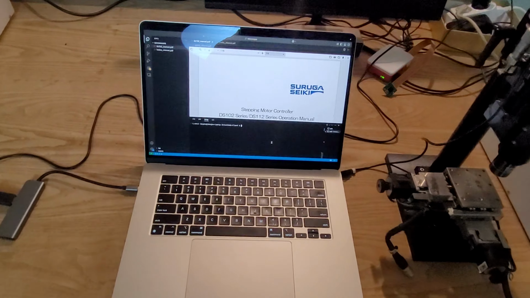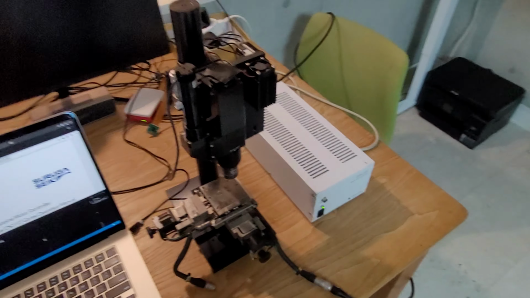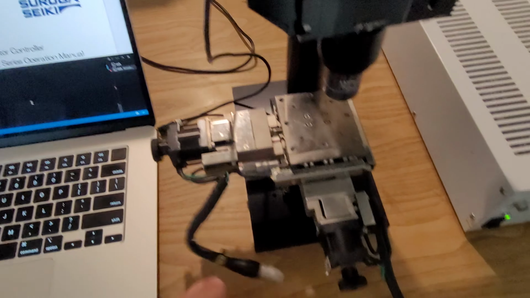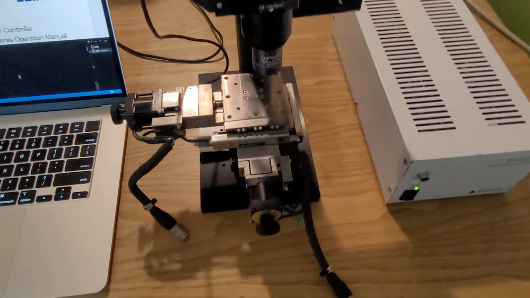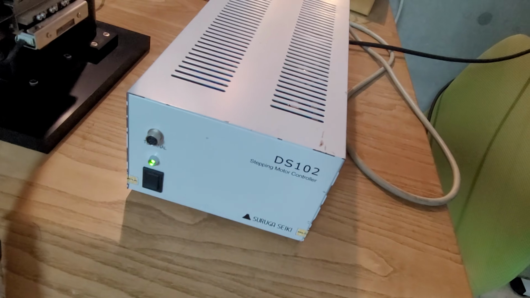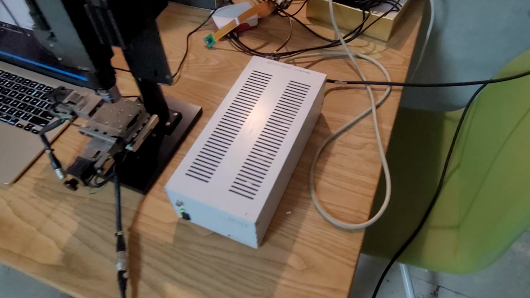Okay, this is my setup. I have my MacBook and this microscope, and it's got two motors, x-axis and y-axis, and only one of the motors is currently connected to the driver. It's a DS102 stepping motor driver. I connect it to the wire here,